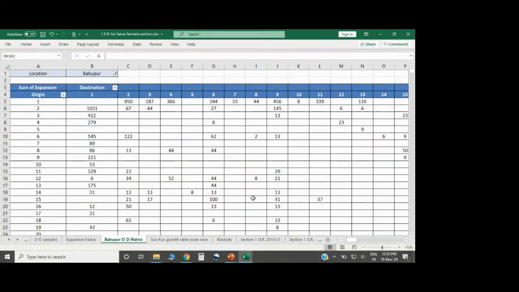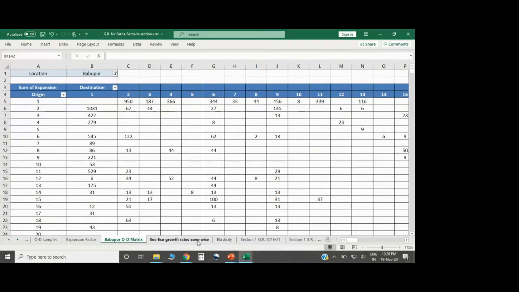So in the discussion of OD survey in unit number 3, I had shown you this OD matrix, if you recall. Again, this is an example taken from the project that we were discussing as a case study, the Satna Shankargarh Road in MP UP. For that, at one of the locations, this was the OD survey data, and this is the matrix that we have formed, a 66 by 66 matrix.